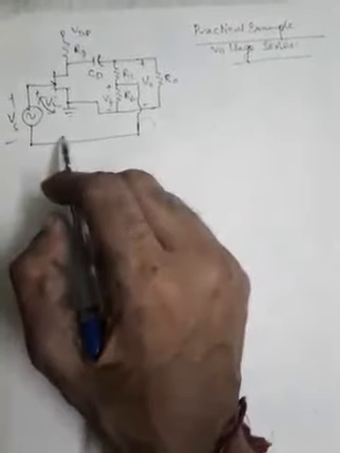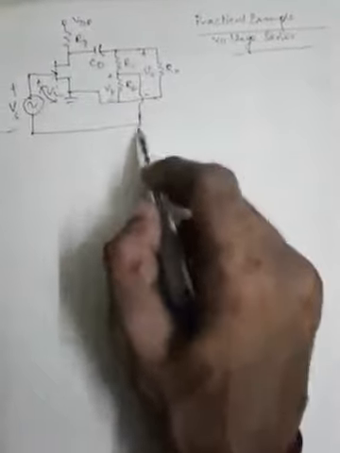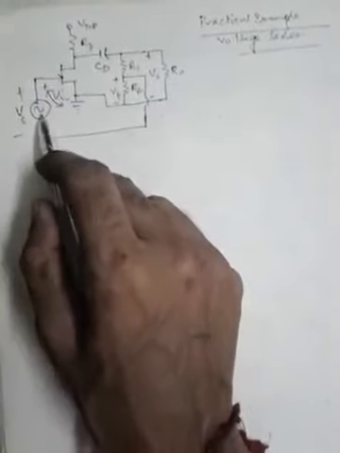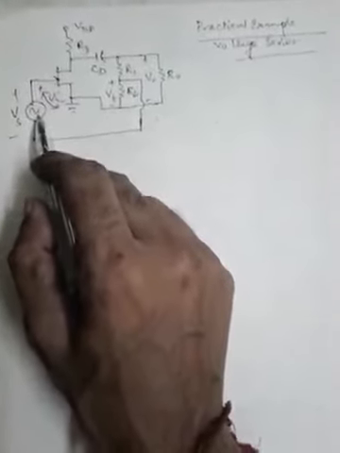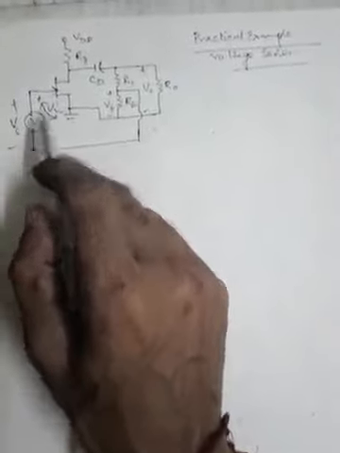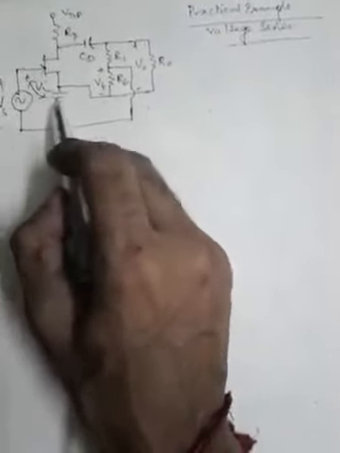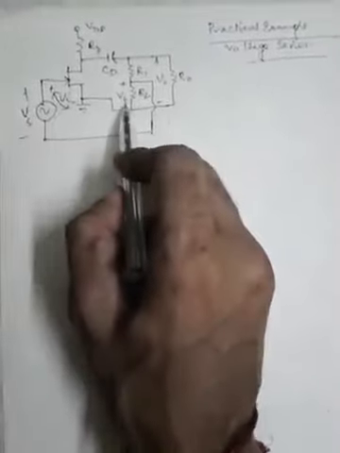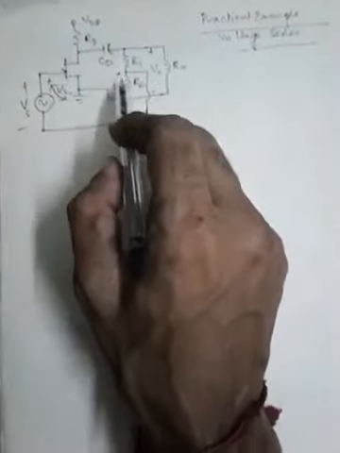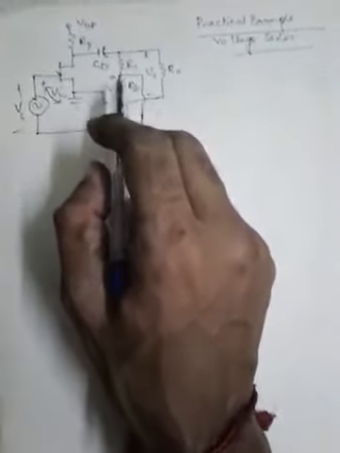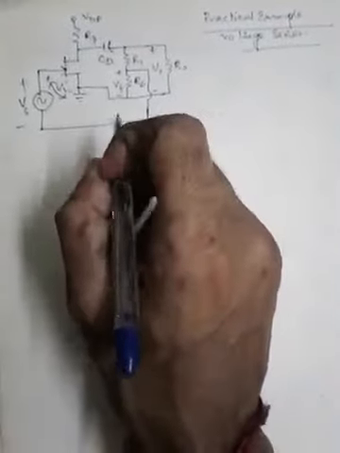to be connected in series with the source signal, the input Vs, and the difference of the two, that is Vs and Vf, will be Vi in this case. So this Vi is given by Vs minus Vf. So this is the application of negative voltage series feedback on the FET amplifier.